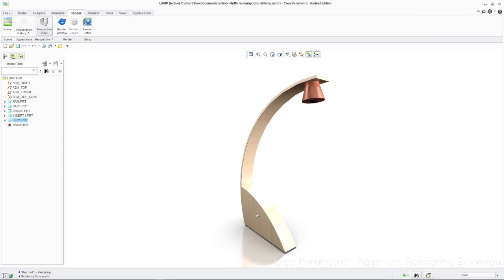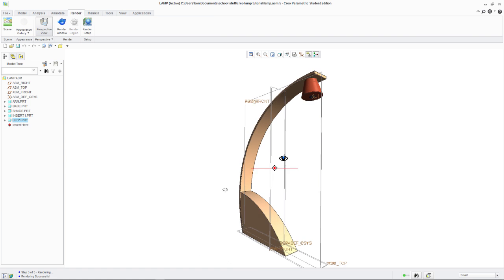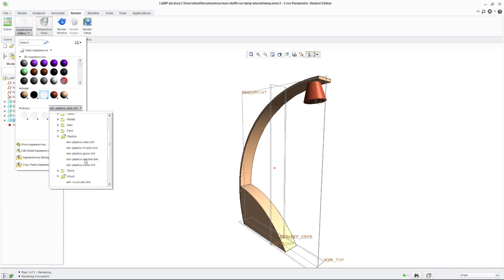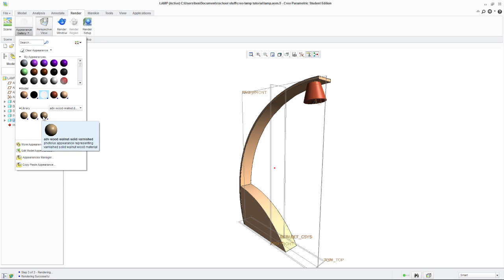and close. Right, I wasn't quite happy with this colour of wood. I think it's a bit too light, so I'm going to change that really quick. So go back to Appearance Gallery, back to wood, and I'm going to do something a little bit darker. So I'm going to do walnut. Varnished,